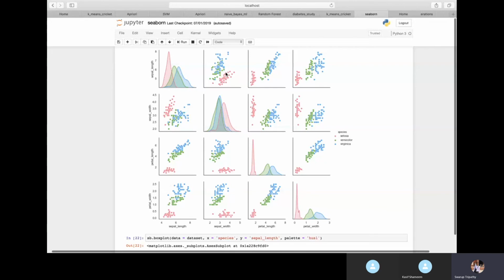But if you see the first row, second column, the first row is sepal length but the column name is sepal width. So it is comparing sepal length with sepal width, and it groups them by species: Setosa, versicolor, virginica. These three species are there. It groups them by colors and shows how sepal length and sepal width combined contribute towards the different types of species. So we can say if sepal length and sepal width are both high, then it is a Setosa flower. Those kinds of things we can analyze from here. Getting it?